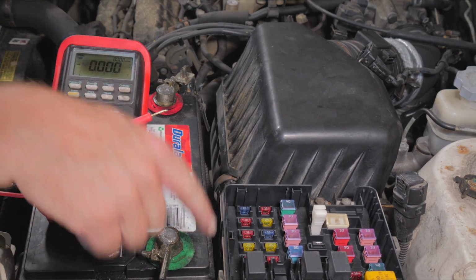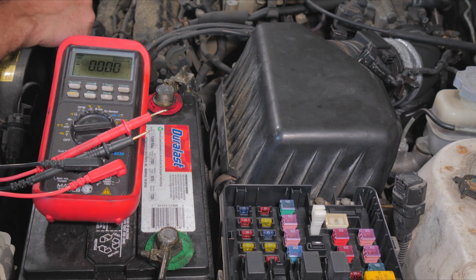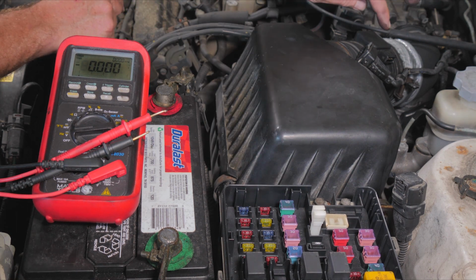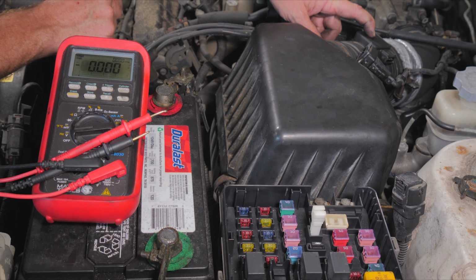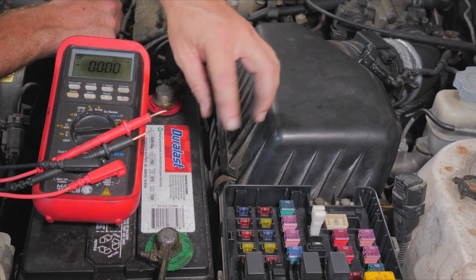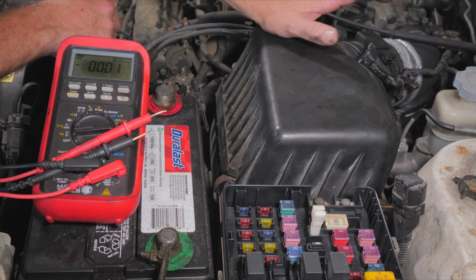All right, so we have one fuse in here, this 10 amp fuse. So this 10 amp fuse runs out, and then it bridges out, and it's the 12 volt signal going to each sensor. So this sensor gets it, the throttle position sensor gets it. All the sensors that are checking stuff, they all get this. Well, it's split into like 3 ECM fuses on this car, but this one ECM fuse feeds this in